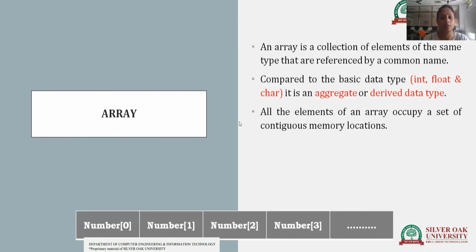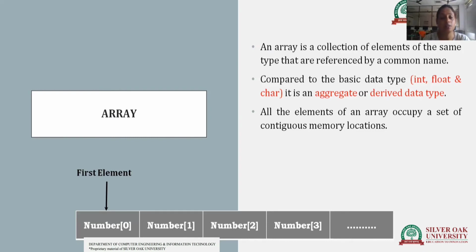So an array looks like this. When you create, for example, an array of 10 size or 5 size, the memory occupation of that array looks like this. You can store 10 different values in 10 positions of the array. The first element is at the 0th index.